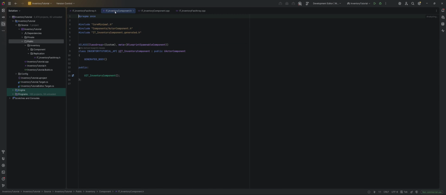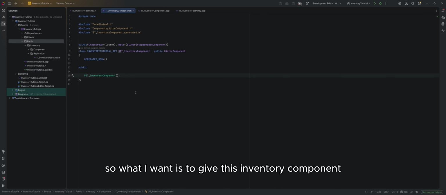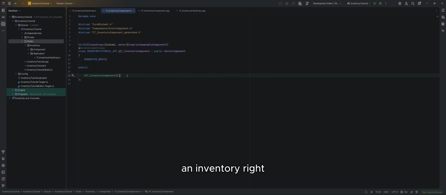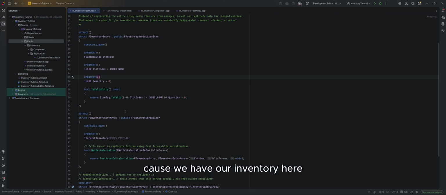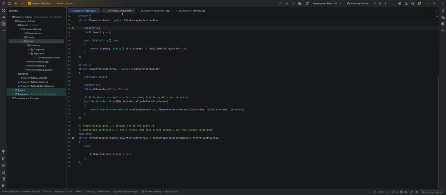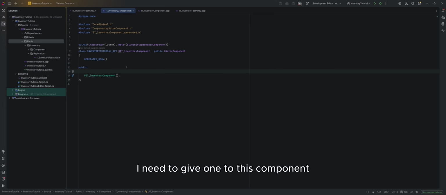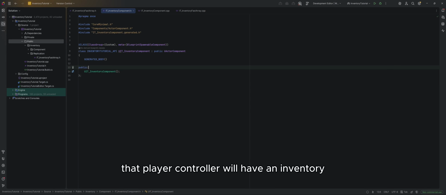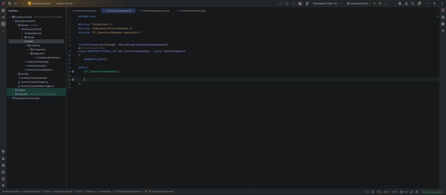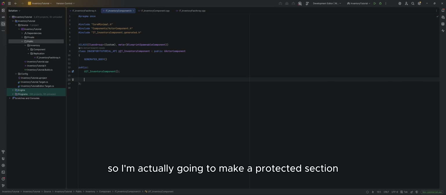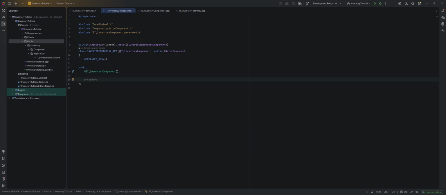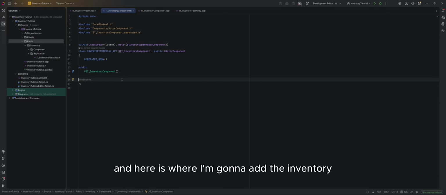Cool. Let's go back to here now. Okay. So what I want is to give this inventory component an inventory, right? Because we have our inventory here, but we've created this array. I need to give one to this component, so that when we put this component on a player controller, that player controller will have an inventory. So I'm actually going to make a protected section. And here is where I'm going to add the inventory. So I'm going to make a U property,